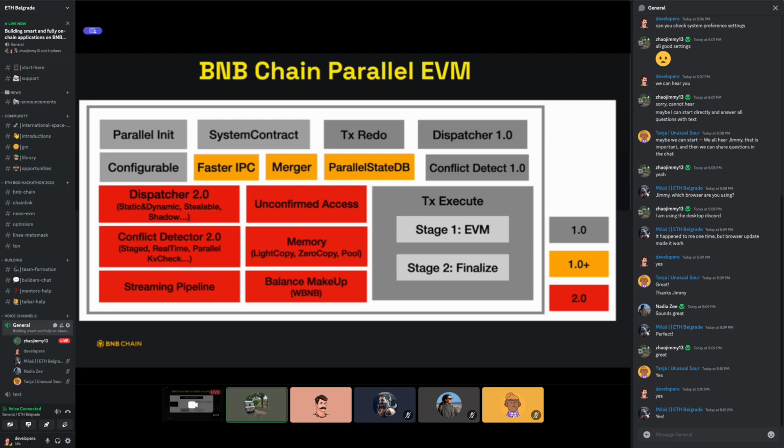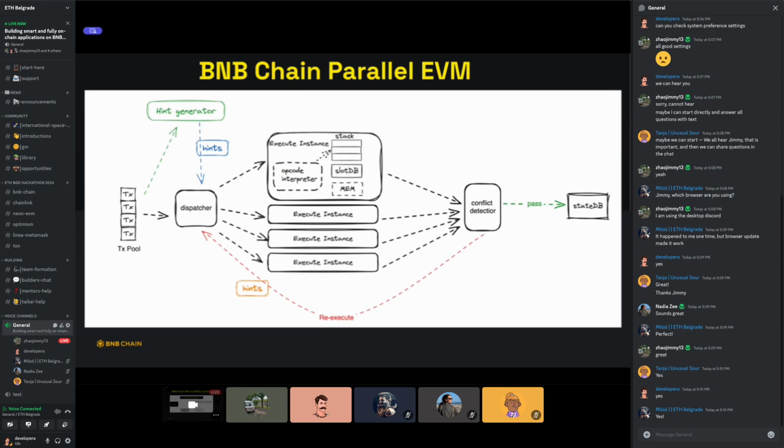So how will it look after the new version is online? It is a hint-based parallel EVM. Basically, we'll utilize an external hint generator from the transaction pool to detect potential conflict hints and forward the hints to the dispatcher.